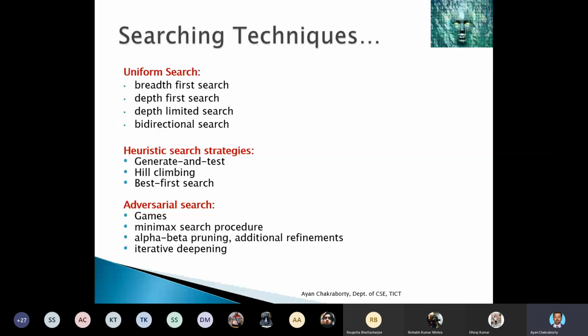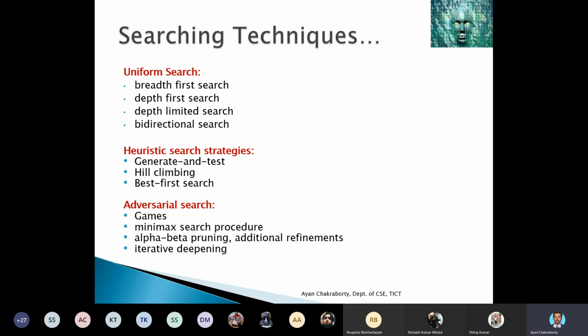Along with best first search, you can see here hill climbing, which we discussed in our first class to give you an example of an AI based algorithm. This hill climbing algorithm also falls under the category of heuristic search strategy. And generate and test is a very naive or basic type of algorithm. Basically, hill climbing, best first search and all these other heuristic based searching algorithms fall in this basic generate and test category. So let's see what these algorithms are.